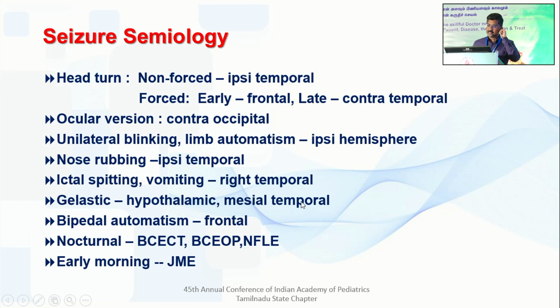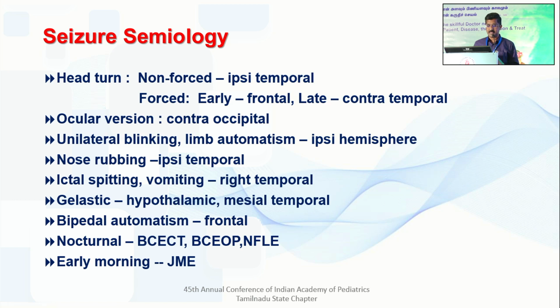So regarding seizure semiology, how it occurs, though there are a lot of things by which we can localize the origin of the seizures, they are useful only, especially for surgical purpose. But in clinical practice, the first thing you have to ask is whether it's a focal onset seizure with secondary generalization or a primary generalized seizure, because the treatment management differs. For focal onset, we usually start with carbamazepine or oxcarbazepine, whereas for generalized onset seizures, we start with either